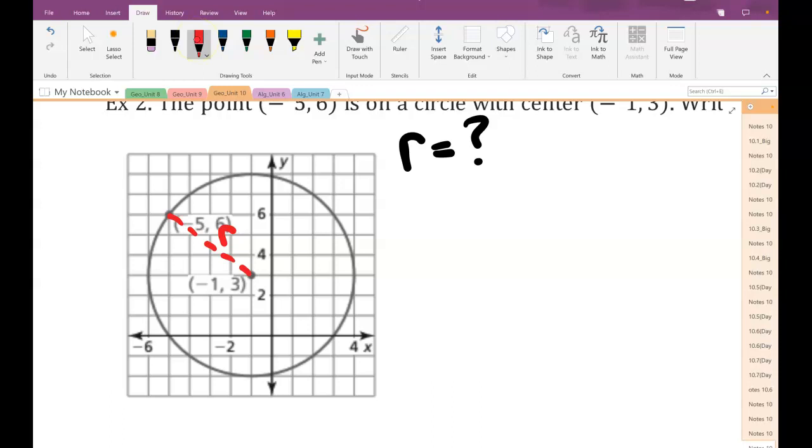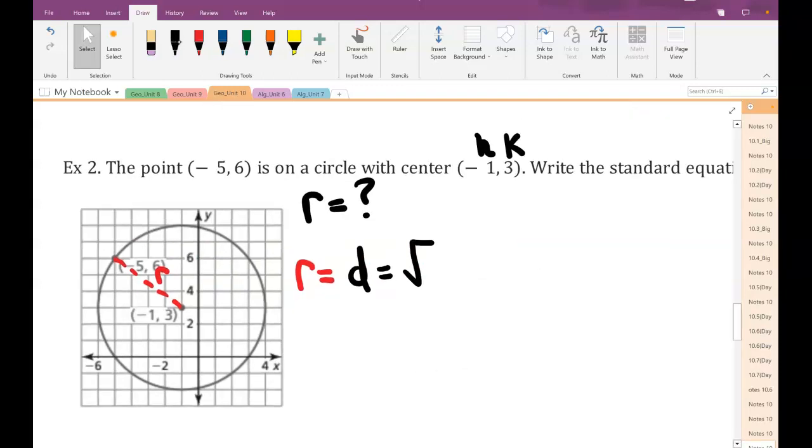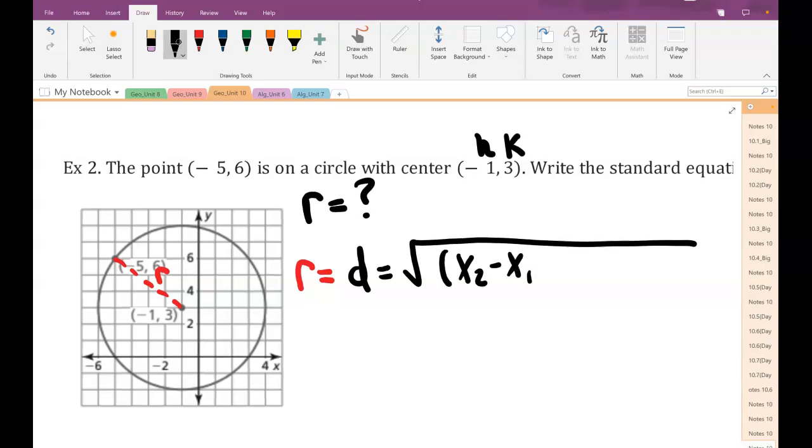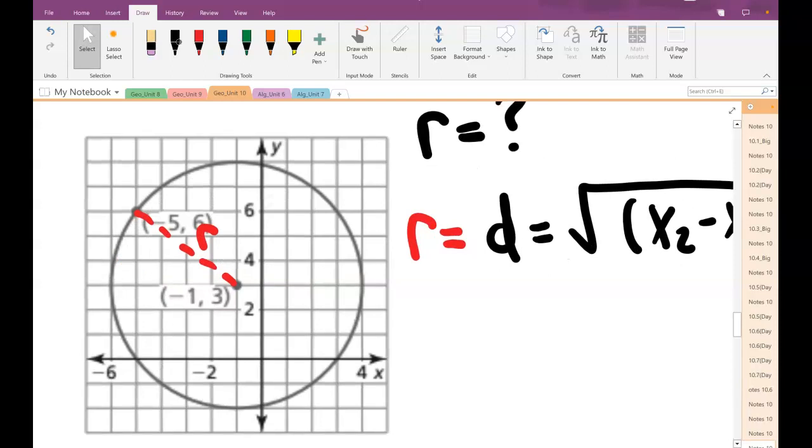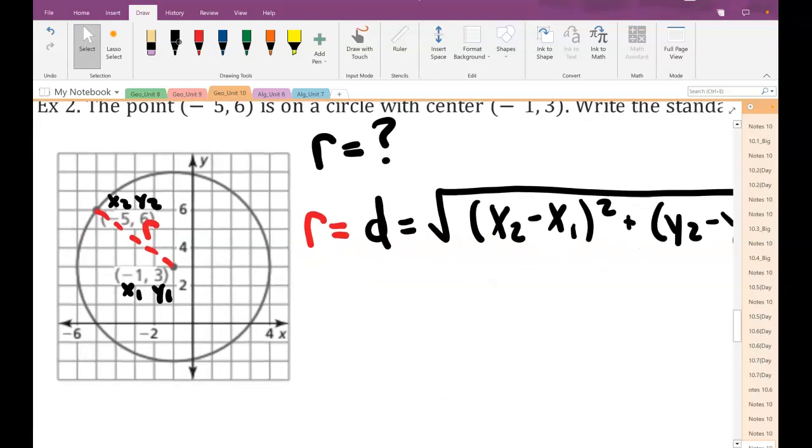So how I like to write this, our radius is equal to our distance between our 2 points, which, going back to the first unit of the year, is the distance formula: x2 minus x1 squared plus y2 minus y1 squared. We can use our 2 points as our x1, y1, x2, y2. It doesn't matter which one you pick. Let's say this one's x1 and y1. This one is x2 and y2. So we plug in what we know now. We say our radius or our distance